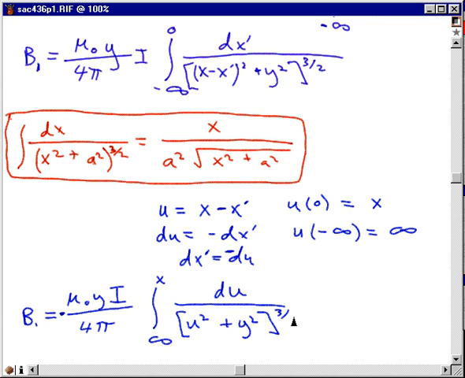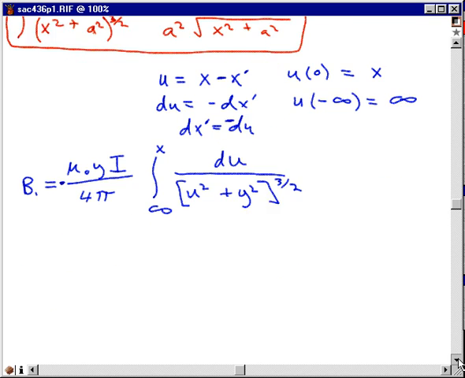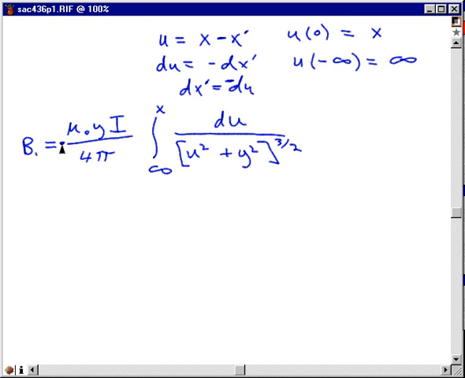All to the 3/2. And the integral piece looks a lot simpler that way. I think I'll take the minus sign and use it to switch the limits of integration. I think you recognize the integral from a to b is equal to the negative of the integral from b to a, and so I'll take advantage of that